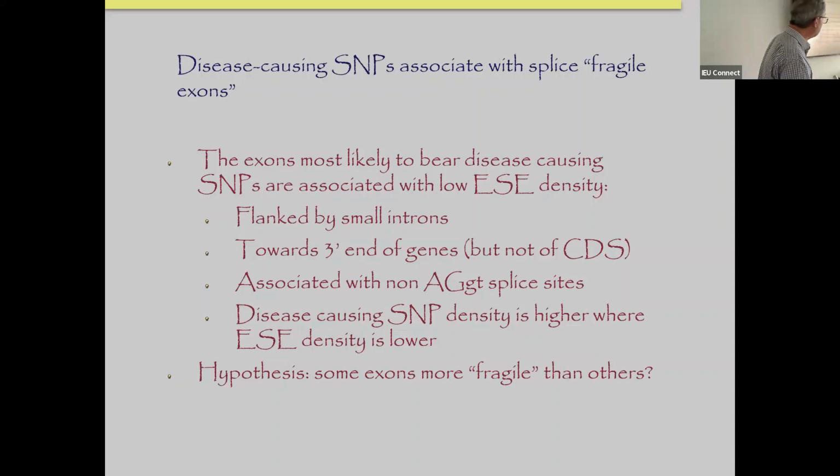So the biggest predictor of disease-causing SNP density when we look across exons is actually the ESE density. If the ESE density is low, then you're more likely to have a mutation, and a mutation in that is more likely to be a disease-causing mutation. There are lots of other signs that these have something to do with splice disruption, aside from the fact that they're associated with ESEs. So certain exons appear to be more fragile to this than others, but it's not the ones next to the bigger introns, it's the ones next to the smaller introns that have low